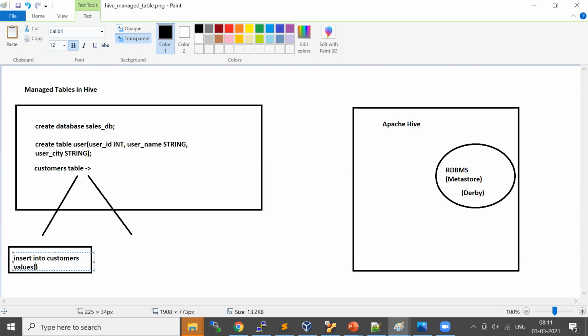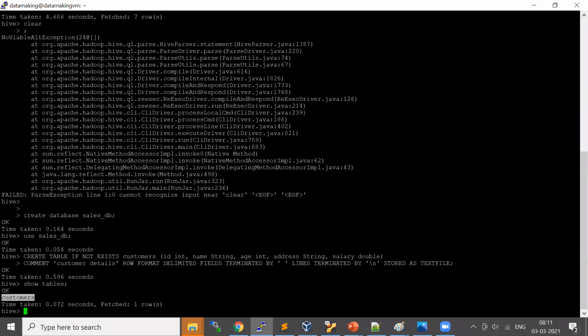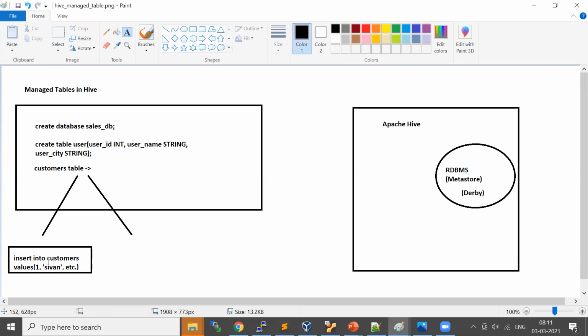You specify all your values. Say the customer ID, for example 1, comma, name is Shivan, and so on. You just provide this. So this is one way of loading your data, inserting data into the customer table.